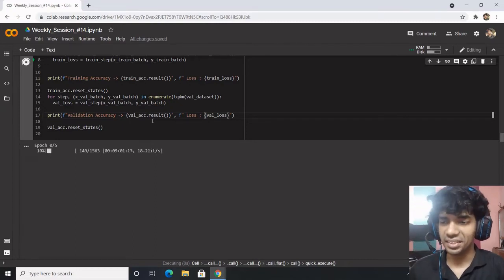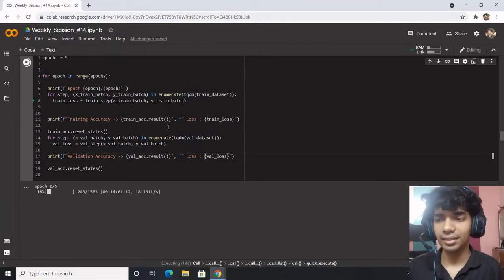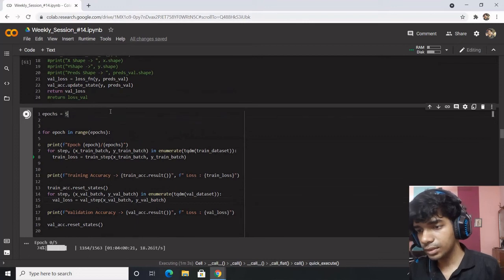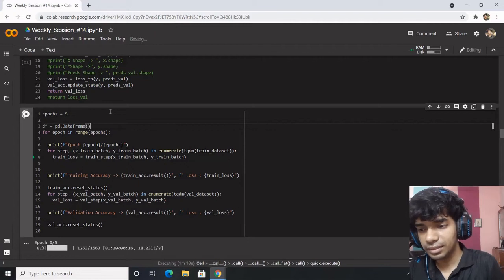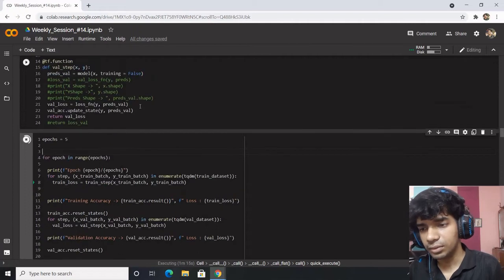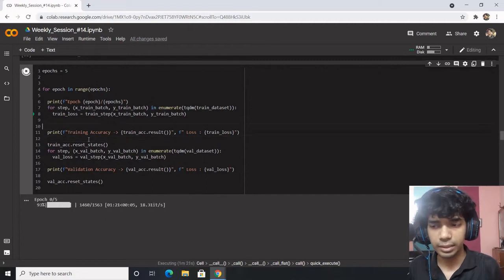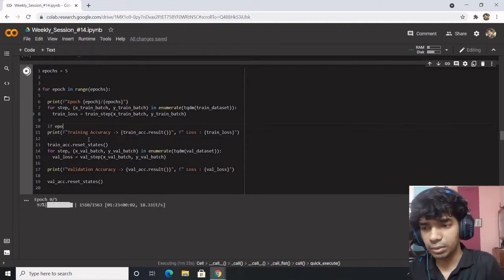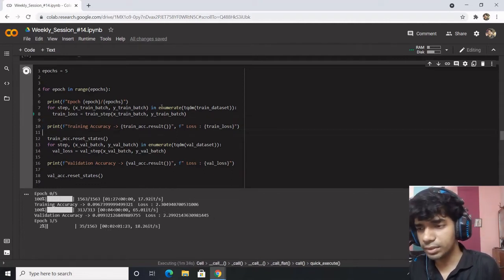Just hope it gets successfully done so that I can wrap up the session. I've been wanting to wrap up the section for a very long time, but let's get it done. What you can do added to this, you can make a pandas data frame, store the values over there, do anything you want to do. You have entire control over here. So let's say if step number is this, then only display this. You can add additional conditions, like if epoch number is divisible by 10, then only display the output. So multiple controls you can have. That's the beauty of it, and we are successfully done with this.